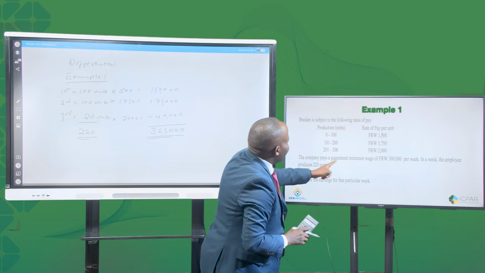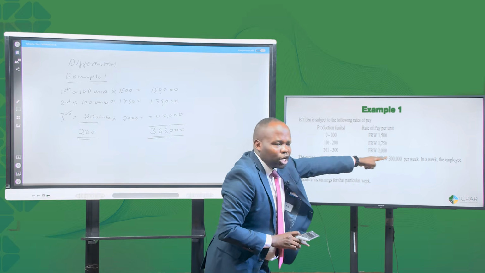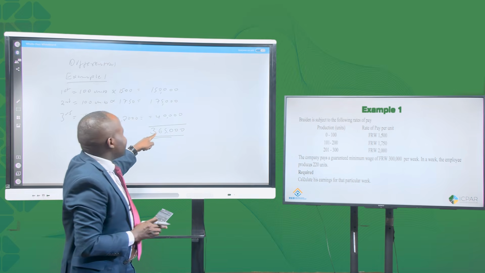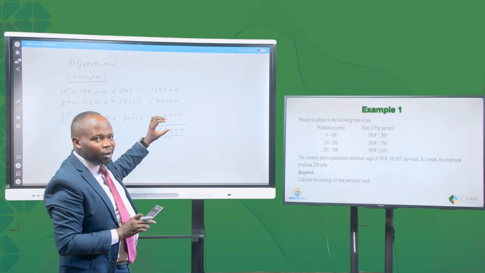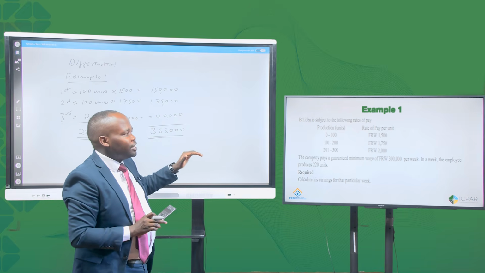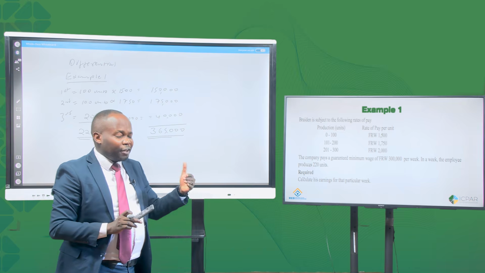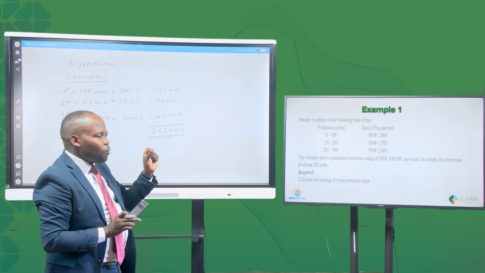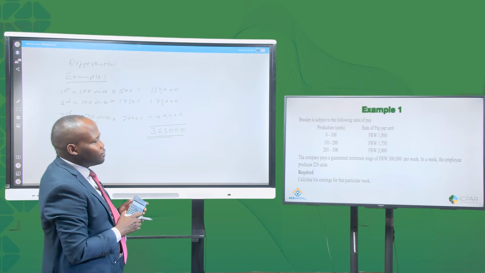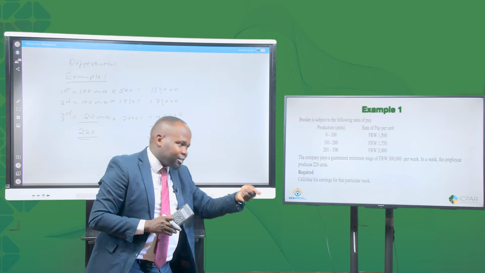But the guaranteed minimum was 300. 300 is less than 365. They will receive 365. Remember, we have said if the guaranteed is more than the worked, you receive the guaranteed. But if the worked is more than the guaranteed, you receive what you had worked. The next example